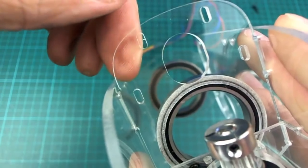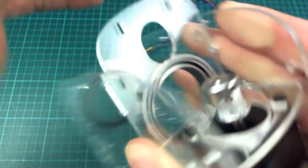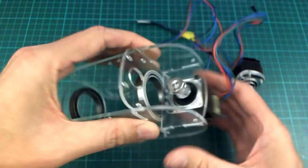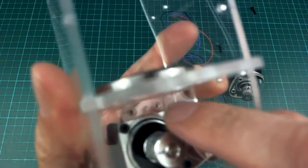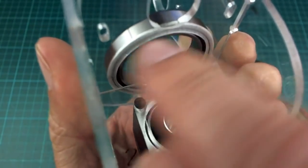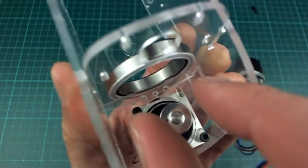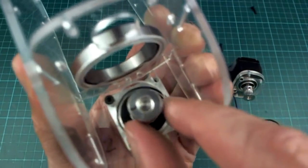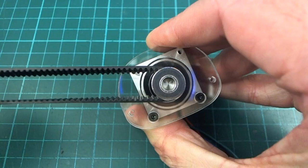And as you can see, the holes on here are sort of elongated so that the motor can slide up and down a bit. Anyway, that's how that works. Other than that, I have not changed anything, although I have removed those 2 rollers that we had in here, because now that this pipe is so large, we don't actually need to squeeze the belt in. We don't need to make it narrow to go into the pipe. It can just hook straight over this motor and be pulled tight, just in a sort of straight line,